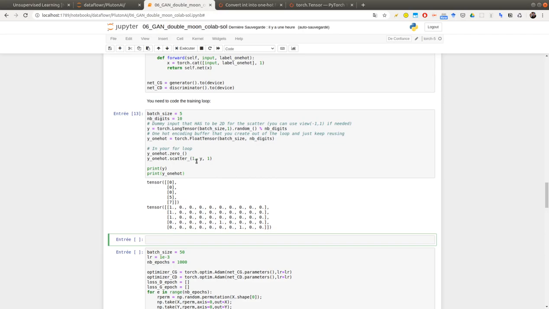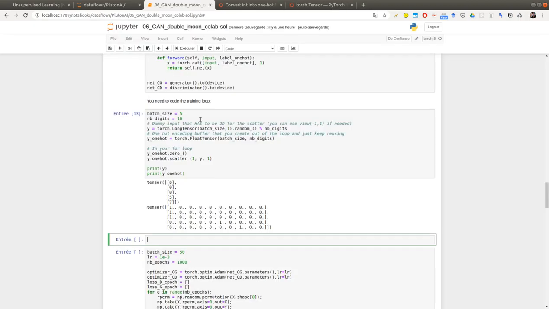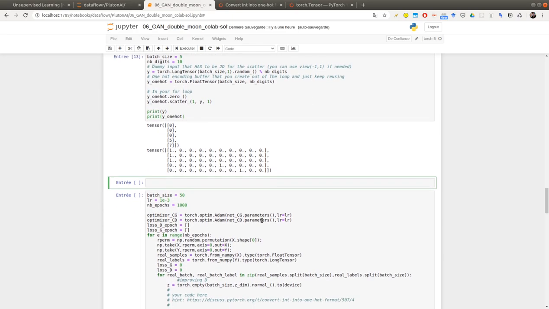I will put in dimension 1, not dimension 0, so along this dimension. This y is the index, and this one is the value I will put at the given index. So on each line, because of dimension 1, I will put a 1 exactly at position y, given by the y. So at position 0, 0, 0, 5, and 7. So this is why it's working like this. Okay, so it's exactly what we need to do here.